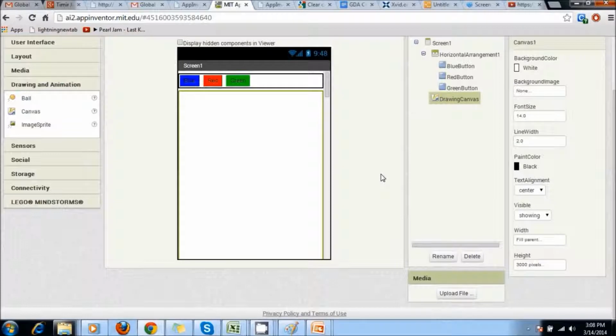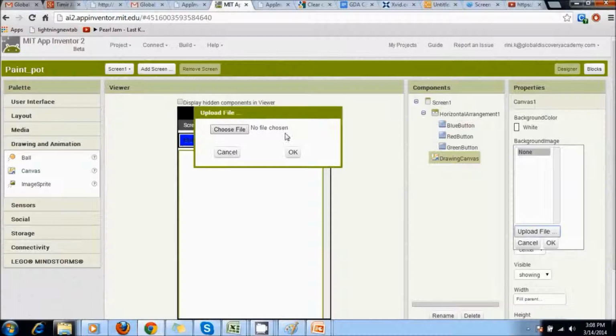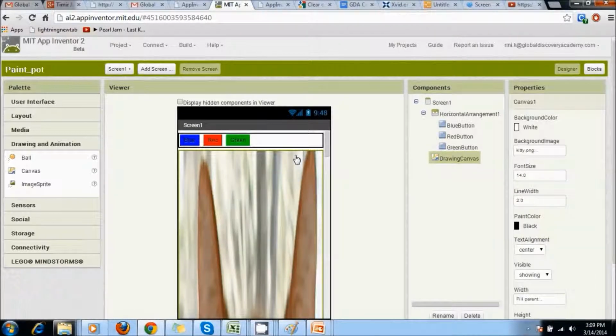Now we have to add a background image to this canvas. So let's do that. So let's go to background image and choose a file. So I'm going to use the kitty. I'm going to upload this file onto the server. And now we're going to set the paint color to red by default.